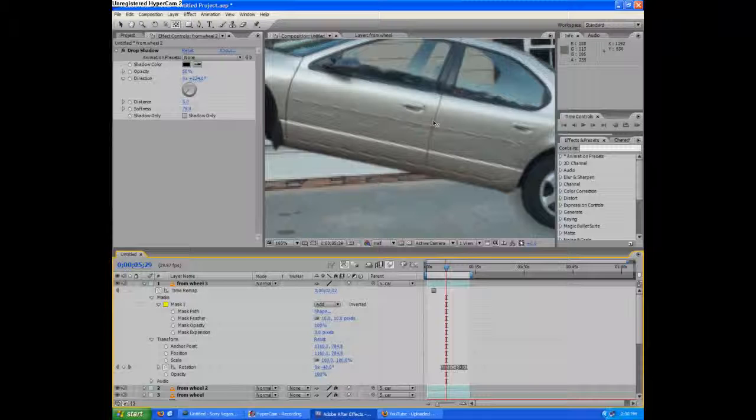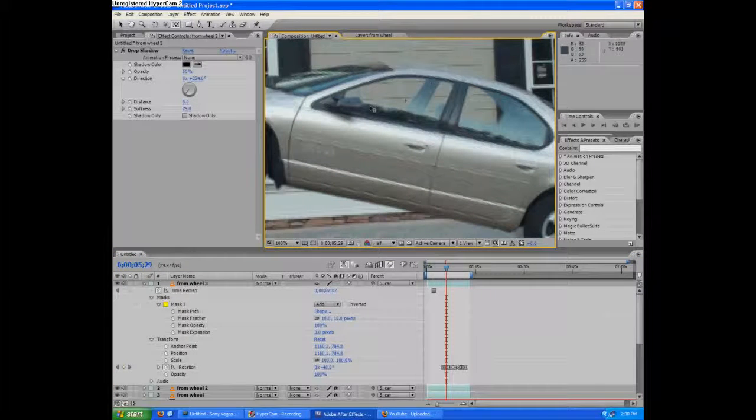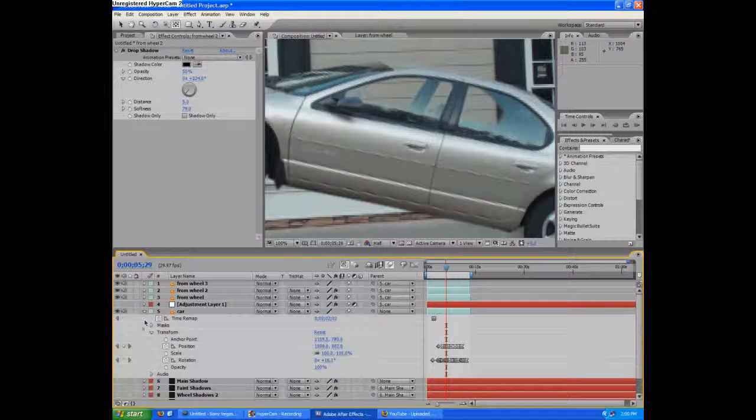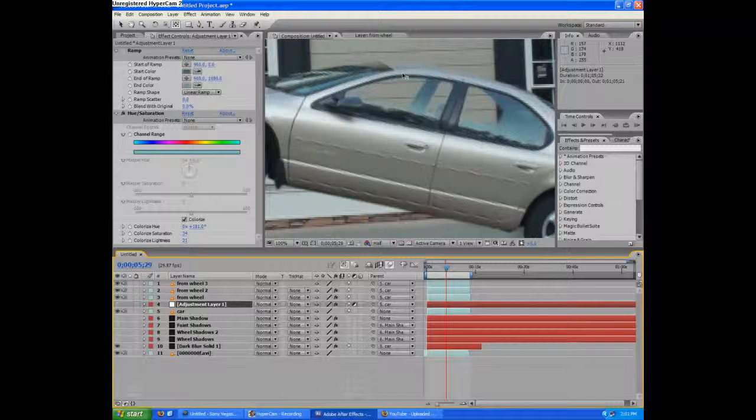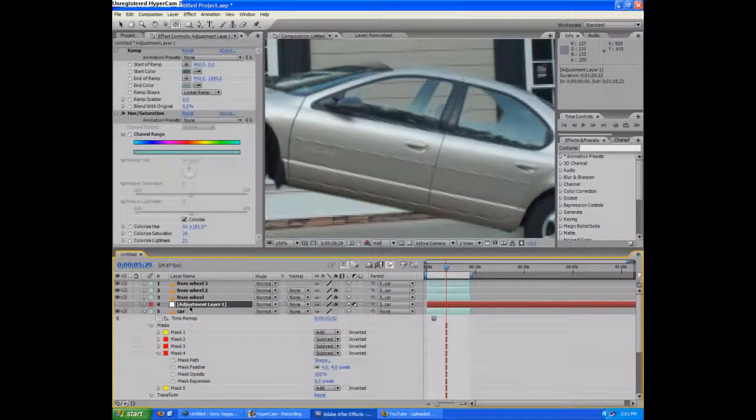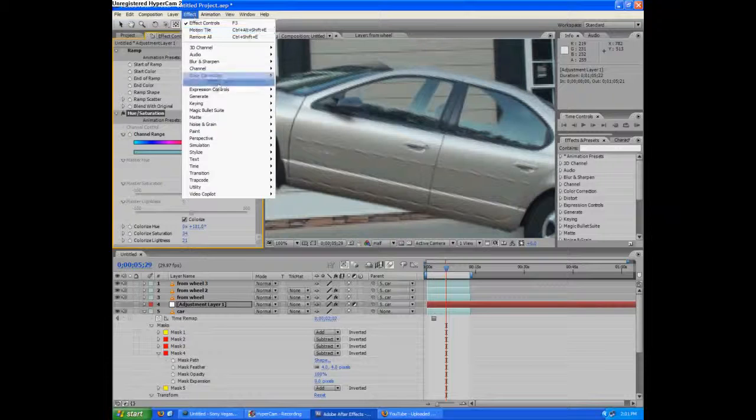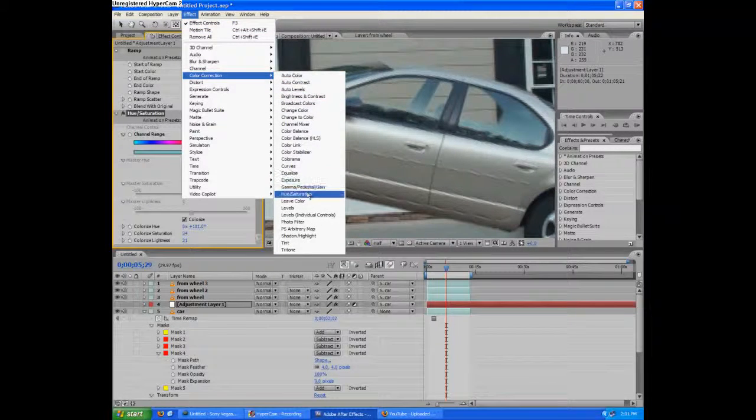The windows we've already masked out like that. You don't have to do all the windows, just the windows where you can see through to the other side. And then from there, you can make an adjustment layer, copy the mask, Control C, Control V, on the adjustment layer from the car's masks. And on the adjustment layer, you can get a hue saturation effect, which is Effect, Color Correction, sorry, Hue and